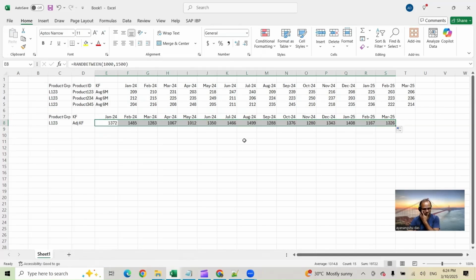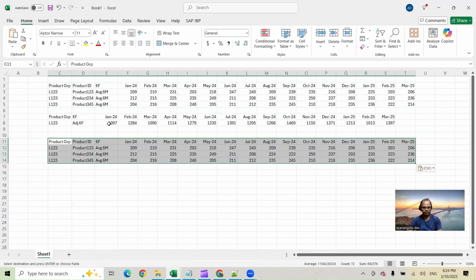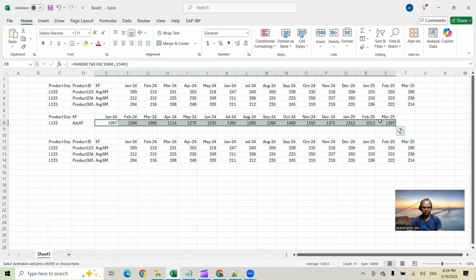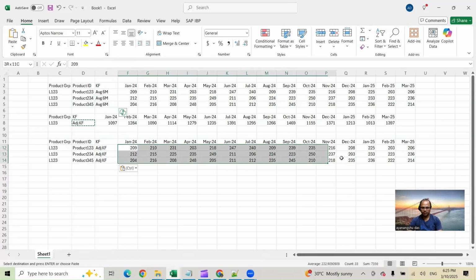So this value, when it gets adjusted at this level, it gets adjusted in the proportion of the 6 months average. So what I mean to say is